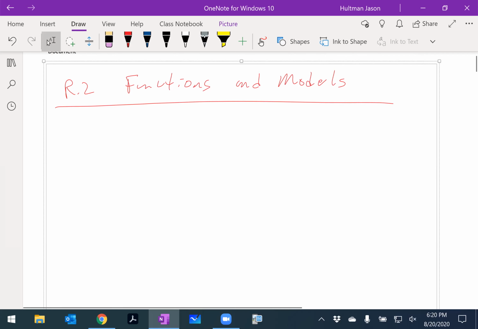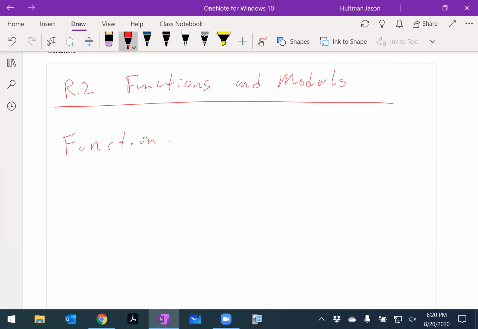Okay, so what's a function? Definition of a function: a correspondence between a first set, called the domain,